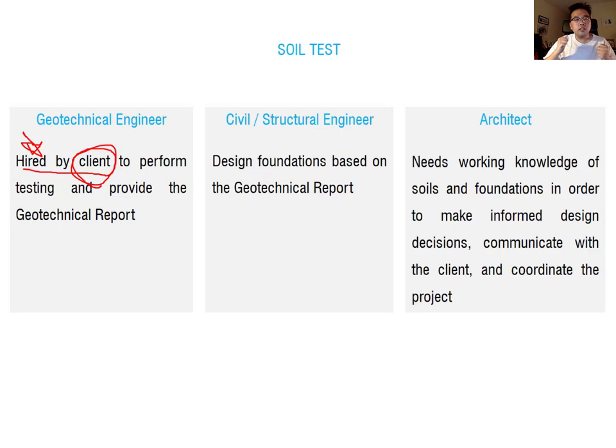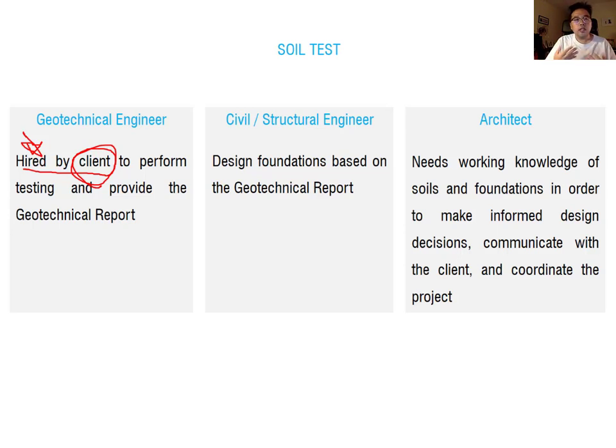And then the relationship is between the geotech engineer and the client directly, not the architect and the geotech engineer. So this is more about business factors, but I think this is really important to know for your future business. Okay. Anyway, the client hires the geotech engineer, and the geotech engineer performs research on the earth,